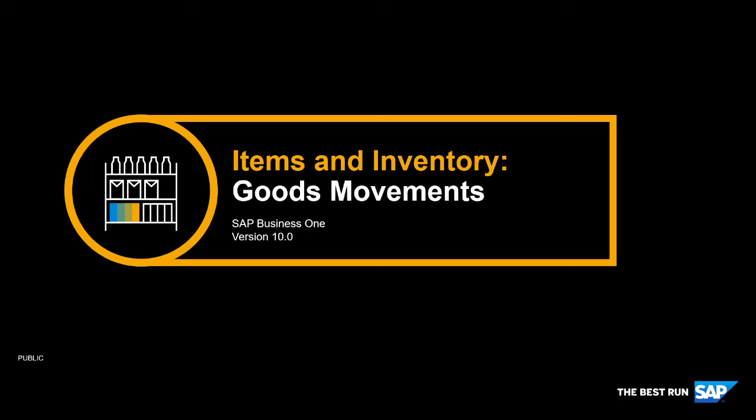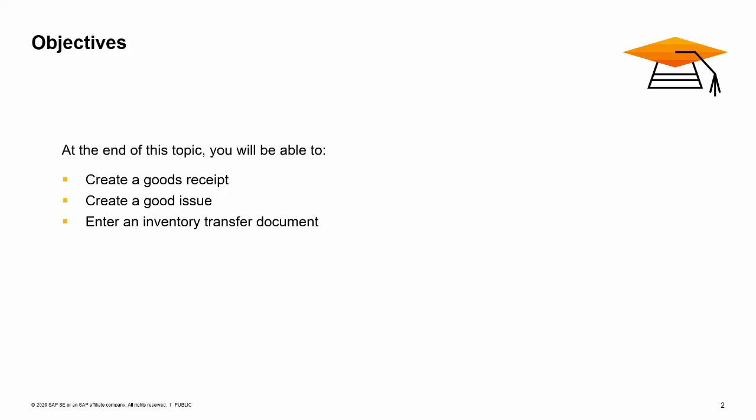Welcome to the inventory management topic on goods movements. In this topic, we will look at how to move goods in, out, and between warehouses. You will learn how to create goods receipts and goods issues. You will see how to create an inventory transfer document to move items between two warehouses, one of which is